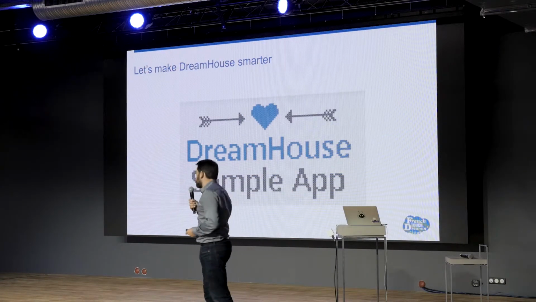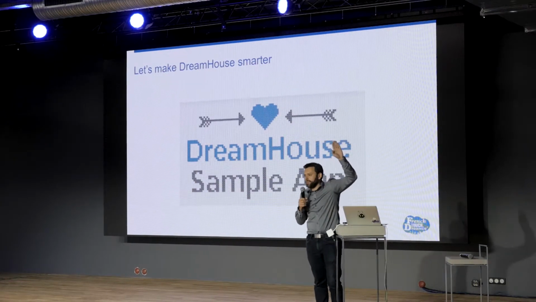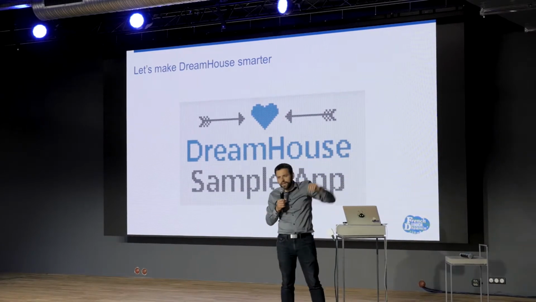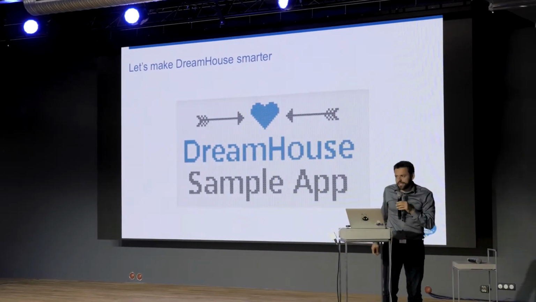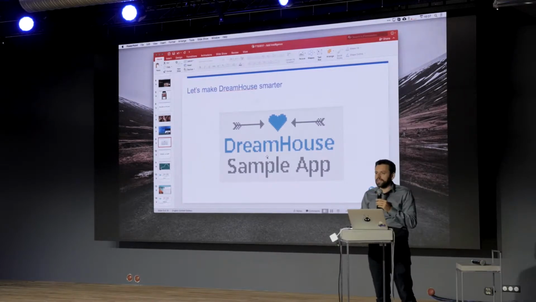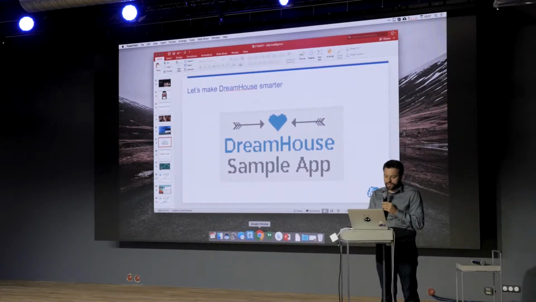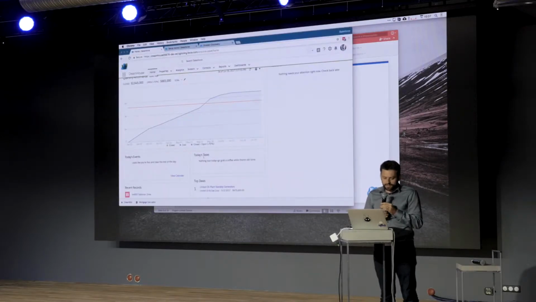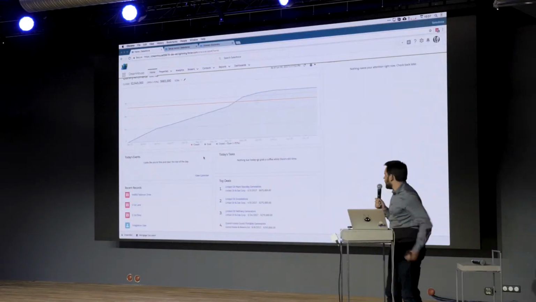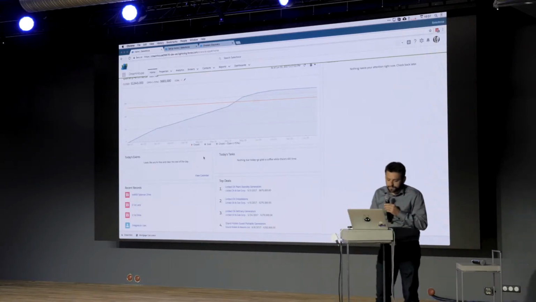So now, let's take an example, right? I took the Dreamhouse application. Who knows the Dreamhouse application? Okay, half of the room. So basically Dreamhouse is an example that you can find on force.com, which builds a kind of website for real estate, where you can manage your rooms, your houses, you can manage the sales cycles, put your house pictures, how many rooms and so on, and the selling price. So what I did here is I used Dreamhouse, I deployed Dreamhouse in a dev org, so anybody can do that.